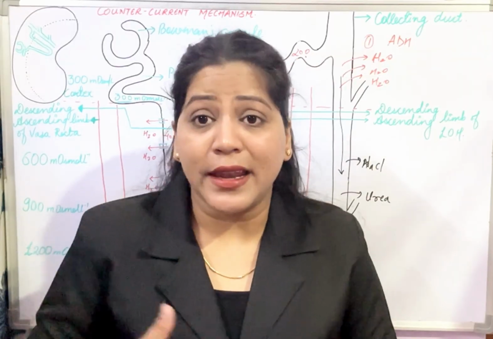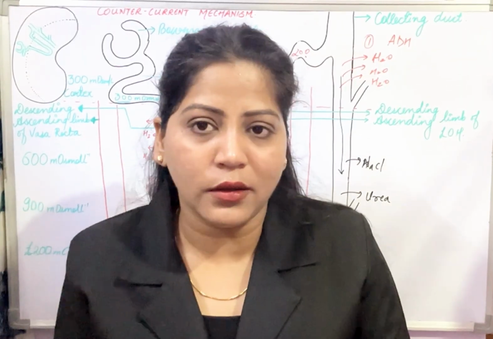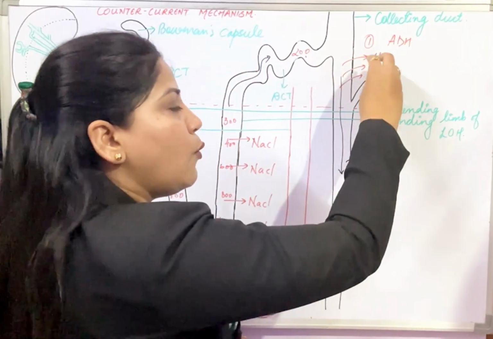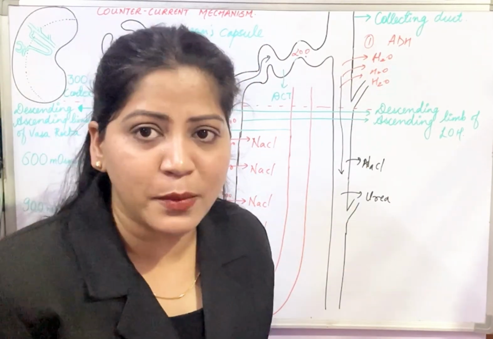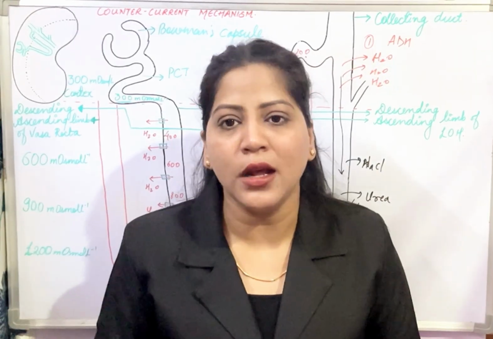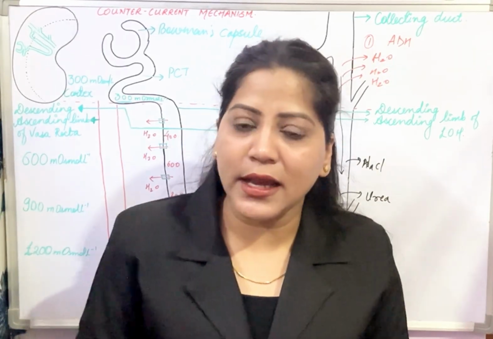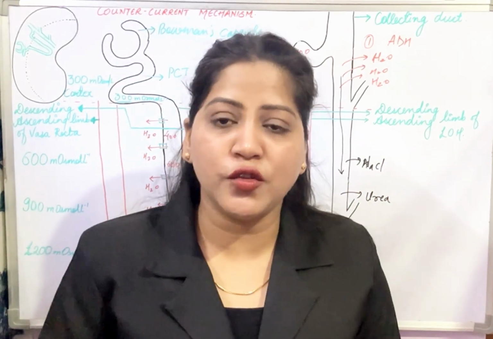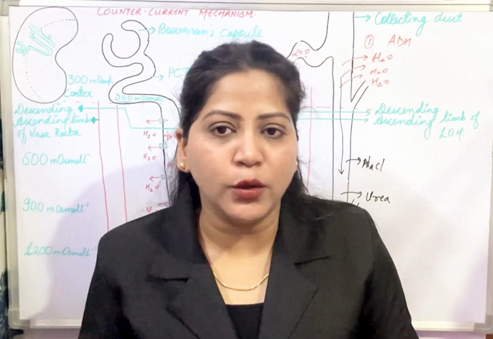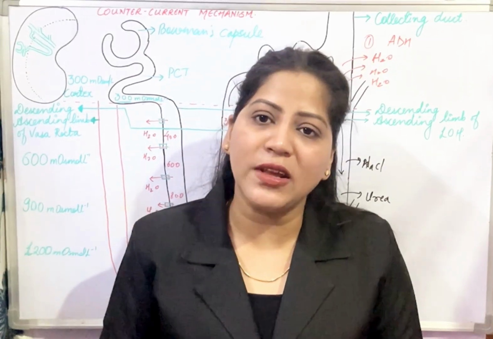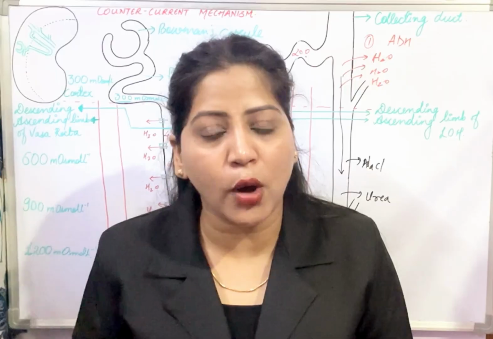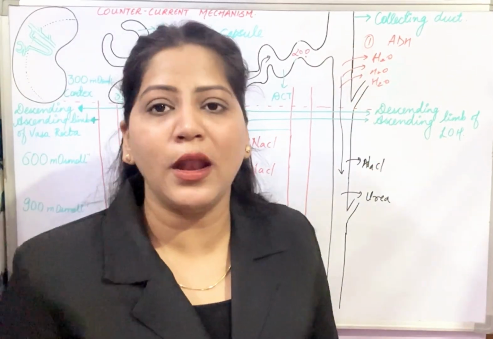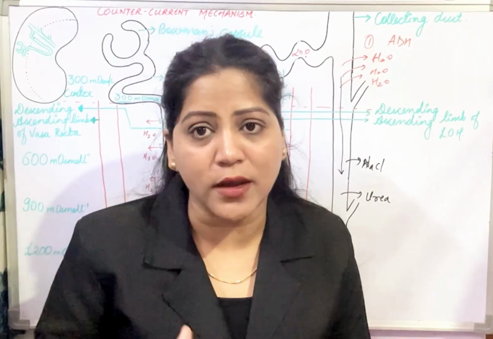And vice versa. In the next situation, if your body has an abundant amount of water, what will happen? The ADH will not be released in that much amount, and the water will not be reabsorbed this much, thus producing diluted urine, not hyperosmotic urine. In that case, when the water is abundantly present in your body, hypoosmotic or diluted urine will be produced. But when the body is facing scarcity of water, more and more water will be reabsorbed from this region, the collecting tubule, and thus producing hyperosmotic or concentrated urine.